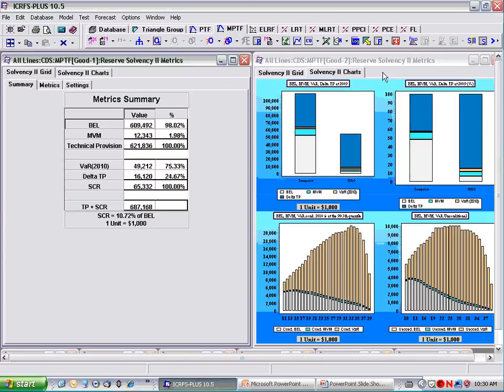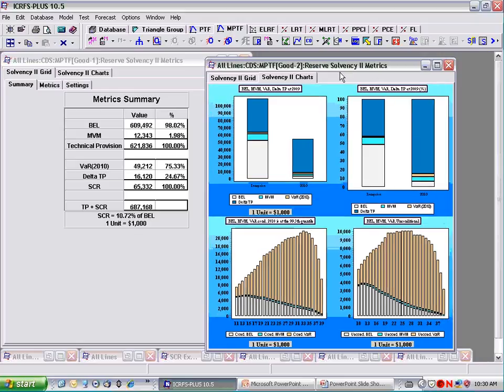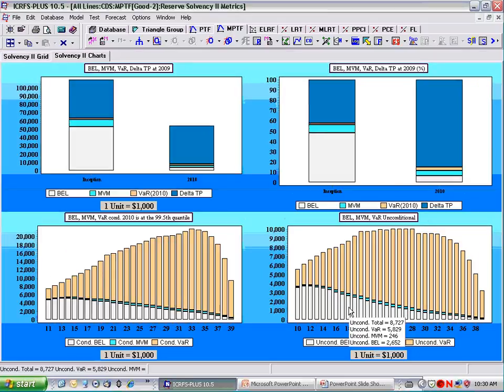Let me just look again at the one line of business, LOB4, which was extremely volatile. If you look at year 11, this is the unconditional distribution. So the total amount of money you will need, which is the BEL, the MVM, and the VAR, is 7.491 million. Yet